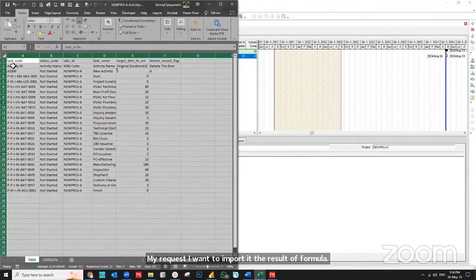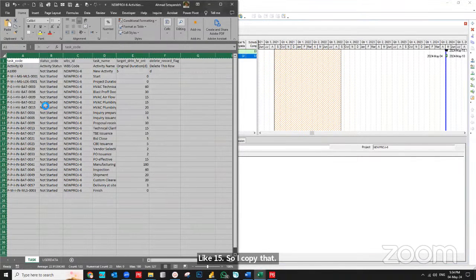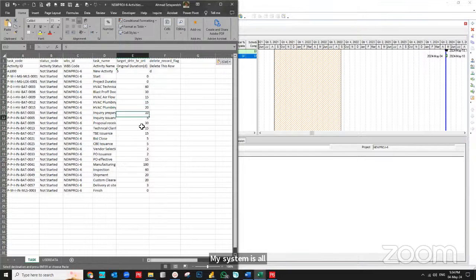So I copy that, paste it as a value. My system is old, like me, a little bit old, so it takes time. And our file is ready to import. I need to only save this file and